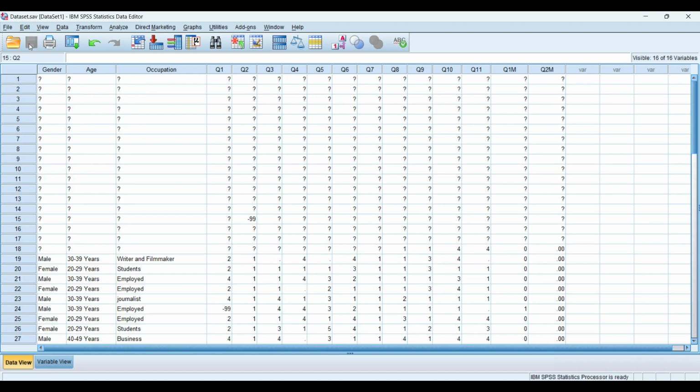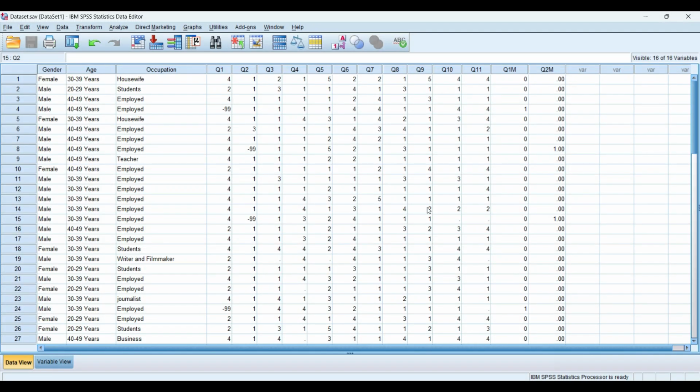So you can save your data. Okay, so we have done 2 questions. You can also do the other questions if your survey questionnaire contains multiple survey items. So you can do it in this way. Okay, so now SPSS will recognize minus 99